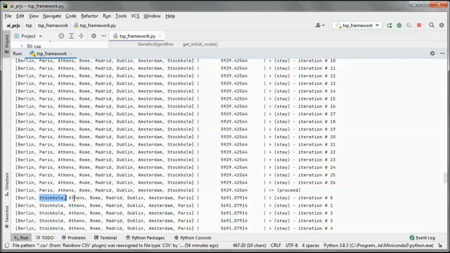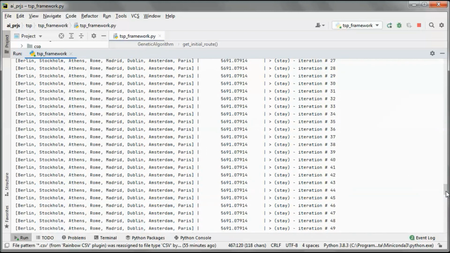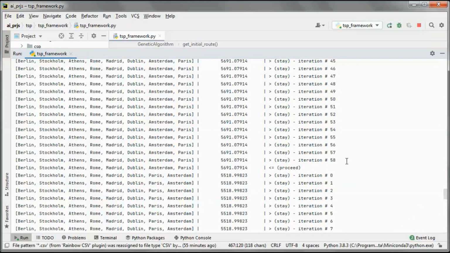And here, same thing, we kept trying to find a shorter route, and we stayed here for this number of iterations until here we proceeded, since this is a shorter route, and it has those two cities flipped.